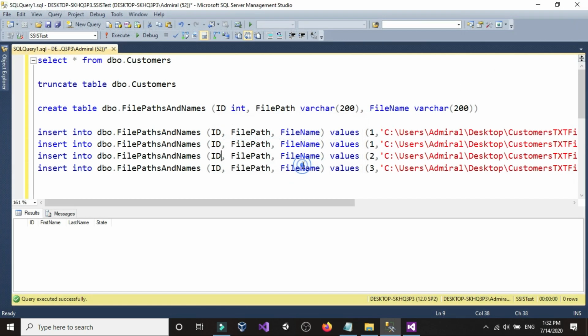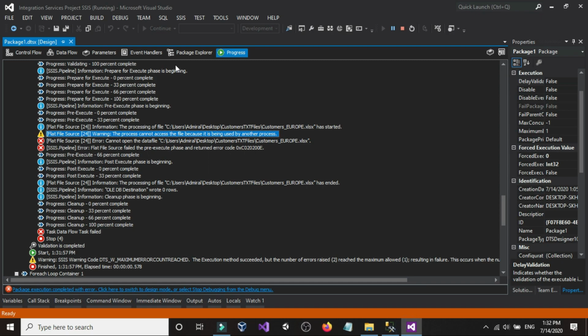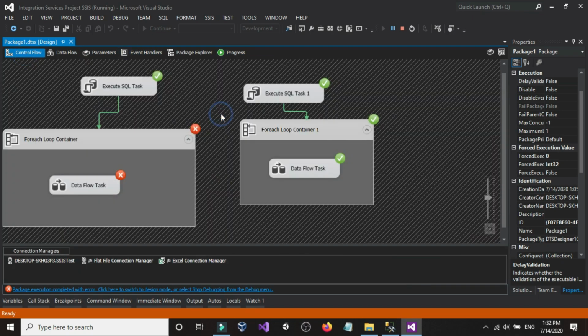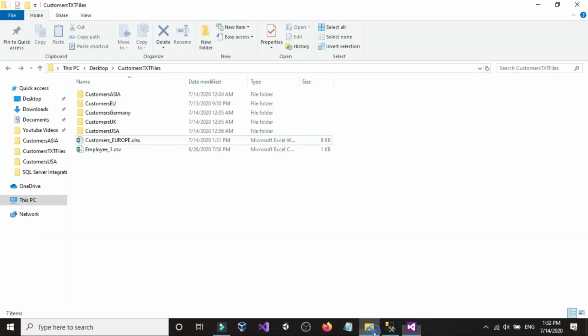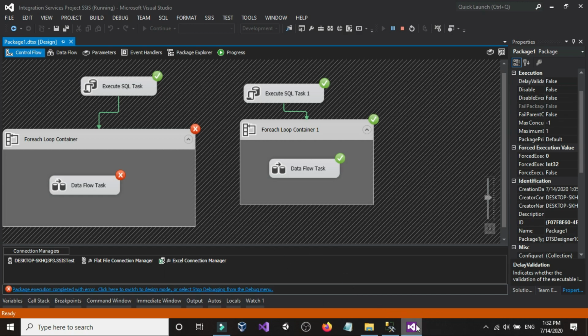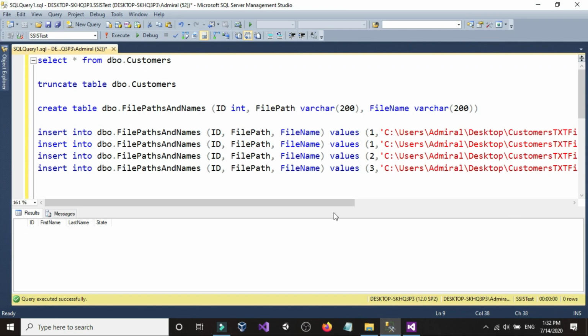Why? Because most of the containers are going to the same file path here, and they are using the file path and the file name from the Excel, from SQL Server